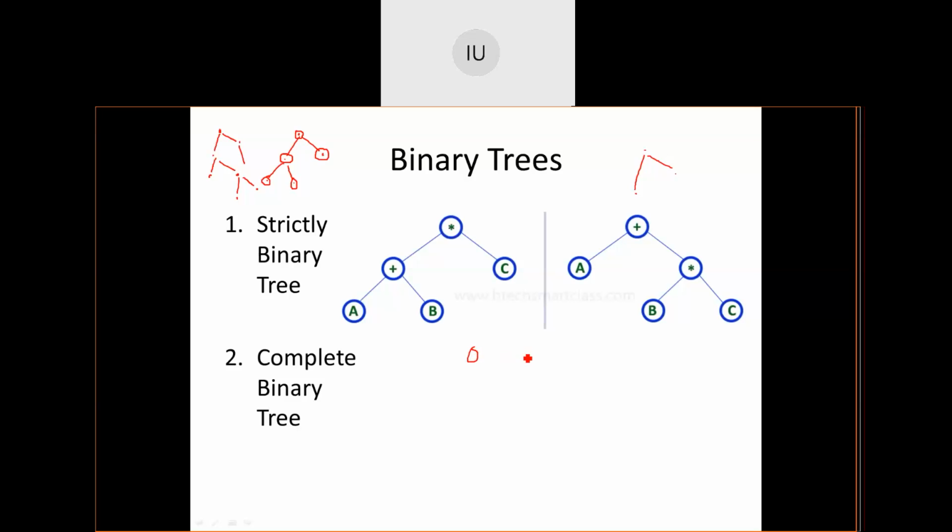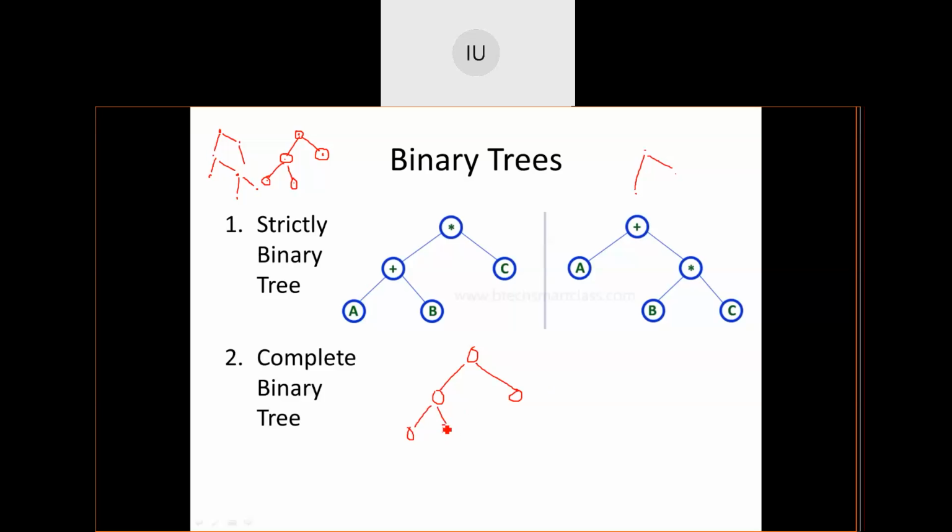Level 0, 2 to the power 0 is equal to 1. Now, if I draw the next level, level 1, at level 0, 2 to the power 0 is equal to 1. Now, at level 1, 2 to the power 1 is equal to 2. At level 2,